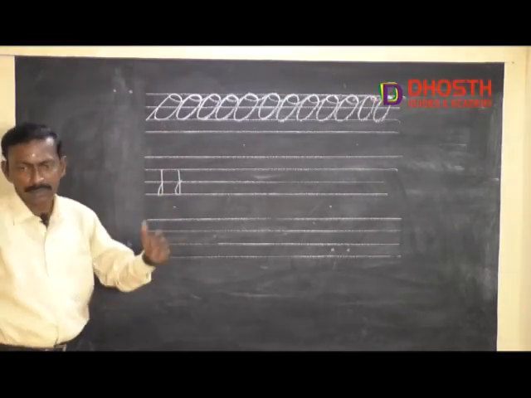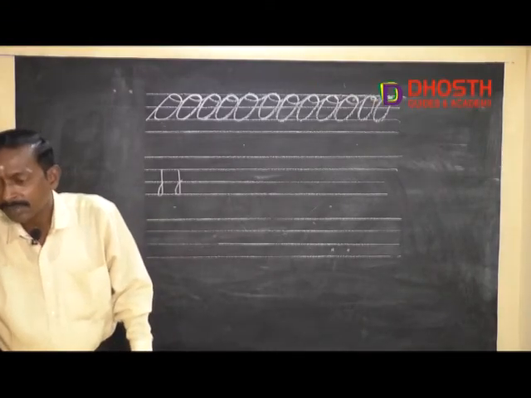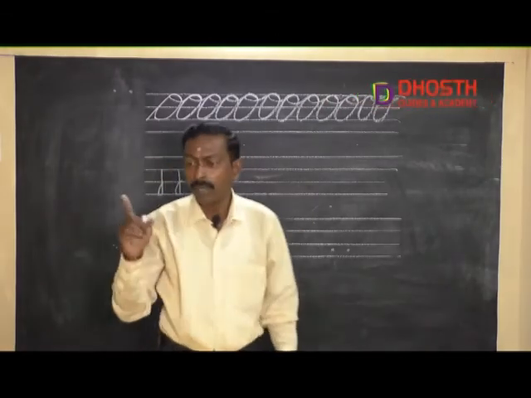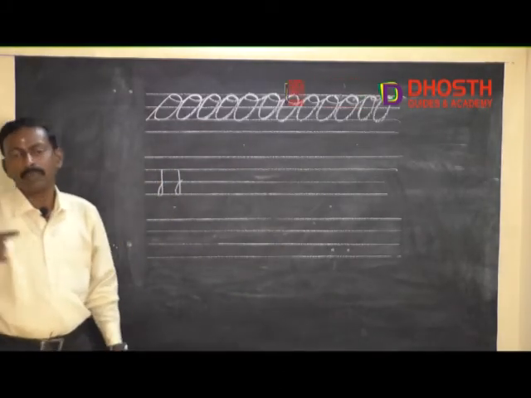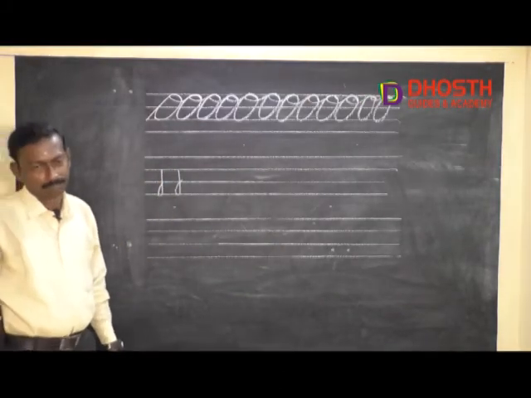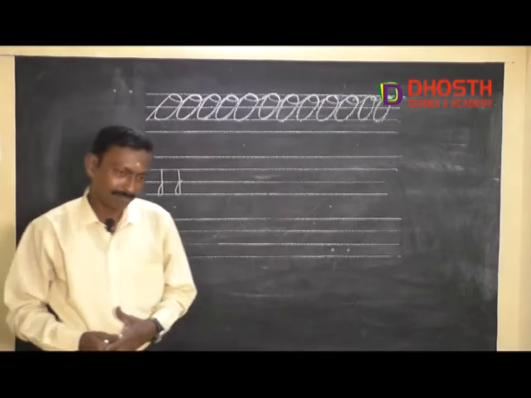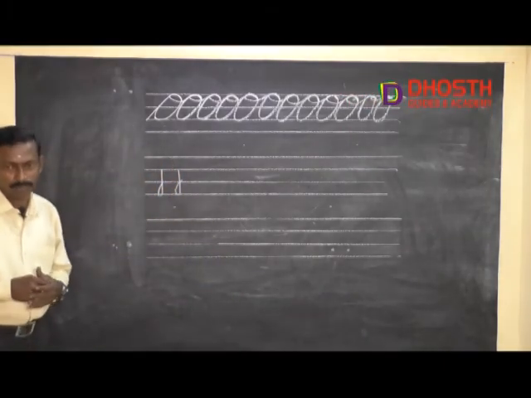Can anyone guess what that object can be? What is that? No, I said it is an object, not an alphabet. So you can't say J. So try to imagine some kind of object. Let's see who is winning the gift from me. Are you ready? Guess. Okay, I will give you a clue.